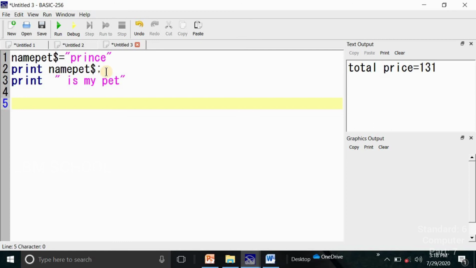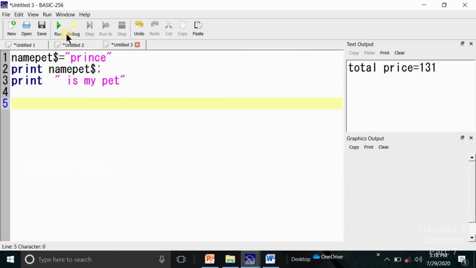Semicolon. Semicolon means whatever is the next line, it will join towards the previous line. Print in quotation marks, space, is my pet. That is, after this line is printed, this line will be printed in the same line too.